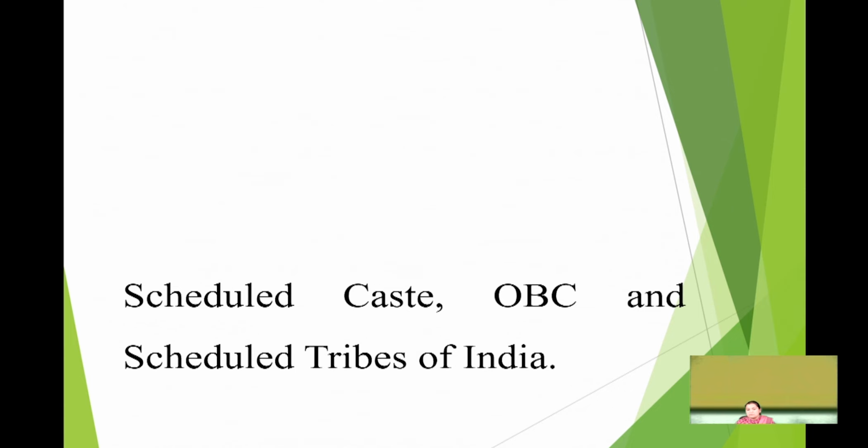But then there is a group of people who do not come under this fourfold varna system. These people, the avarna, who come outside the varna vyavastha, were termed as scheduled castes. This word scheduled caste basically came into Indian terminology during the British times, when the British colonial authorities came to India. They were the first ones to conduct a census.